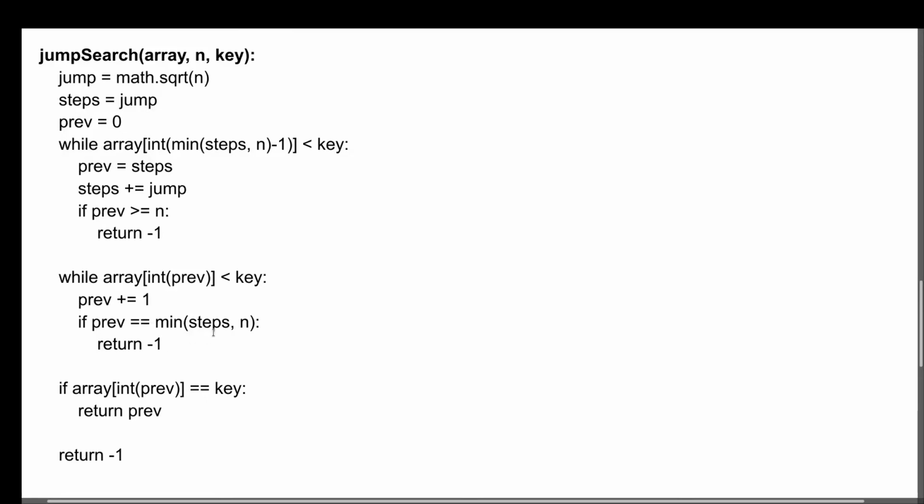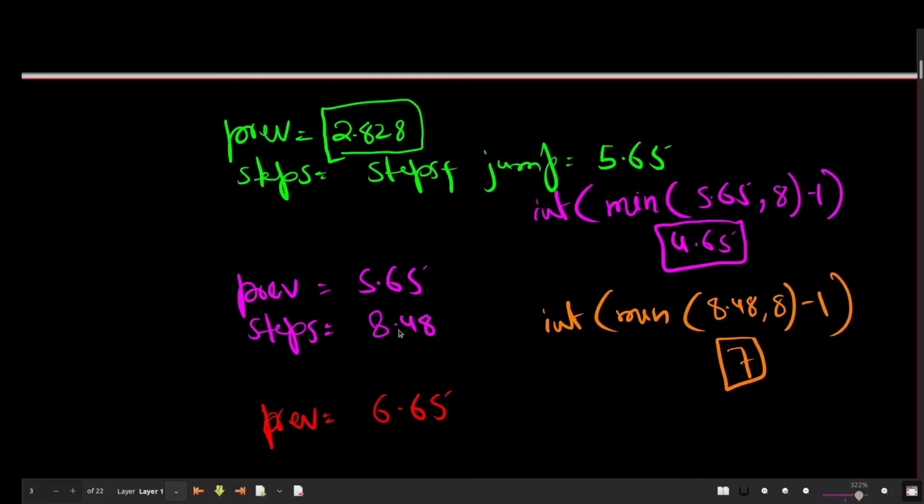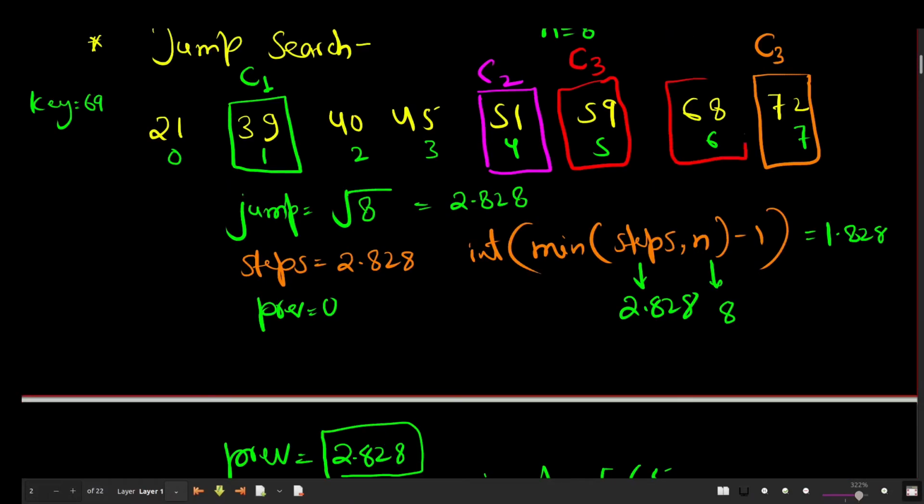I am not doing any comparison increment inside this, and that's why you can also remove that. Okay, if you increase comparison inside this or in the else part of this, comparison will increase. So now we have 6.65, go above here, and now we are checking it again, C4. And this is less than key.